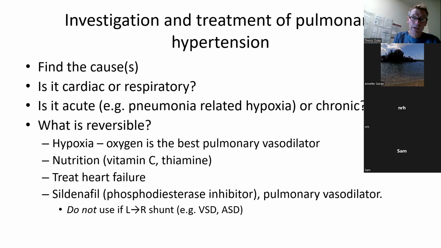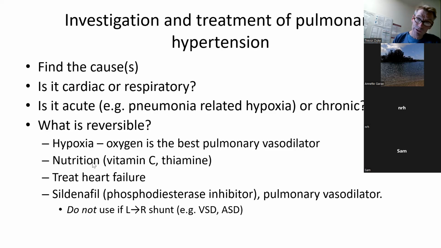I had a child who had severe, profound pulmonary hypertension, and it was only due to scurvy, just due to vitamin C deficiency, and treated with vitamin C. The child got better over about 2 or 3 days. It was remarkable how quickly the child went from nearly arresting from pulmonary hypertension to being so much better. And so sometimes we can reverse some aspects of pulmonary hypertension by doing simple things, giving oxygen,